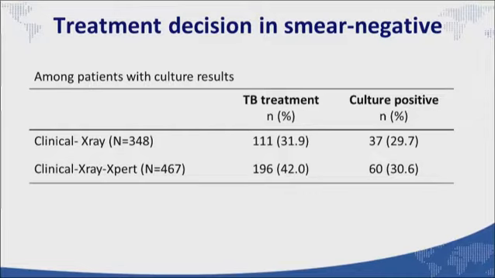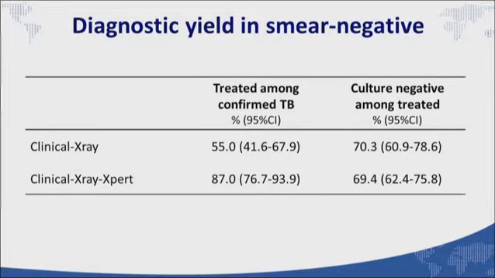So here is the treatment decision in the cohort of smear-negative patients. 111 patients were started on treatment through the clinical and radiological algorithm, and among those started on treatment, 30% were culture positive. In the cohort who received Xpert, 186 patients were started on treatment, and among them, 30% were culture positive. So when we calculated the diagnostic yield of the two strategies in this cohort, we can see that 55%